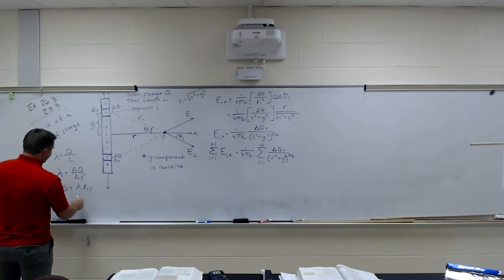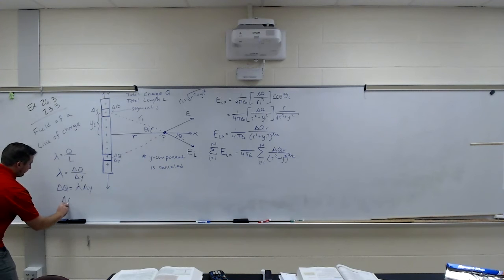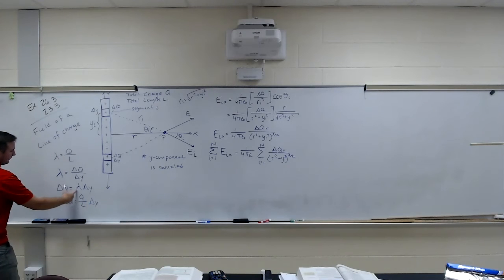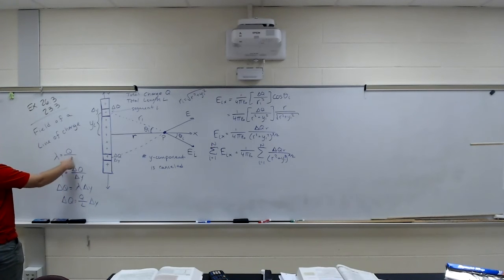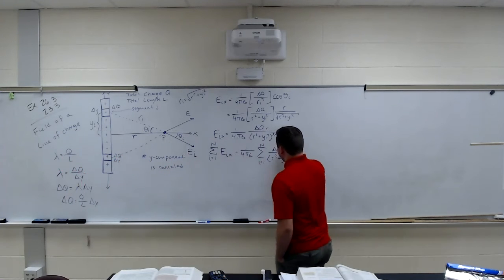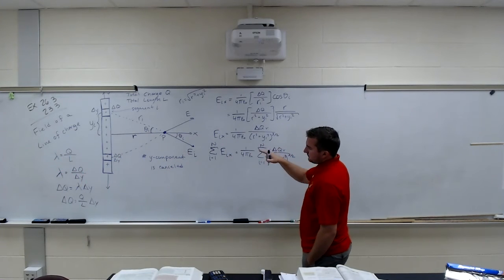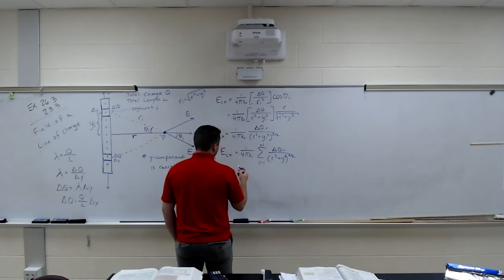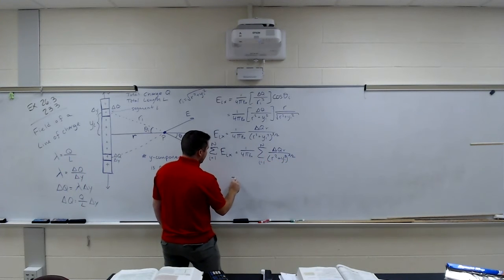So my delta q is equal to q over L times delta y, right? We would replace the lambda with a large scale q over L. So if I come back over here, I'm going to replace delta q with q over L times delta y. So we get